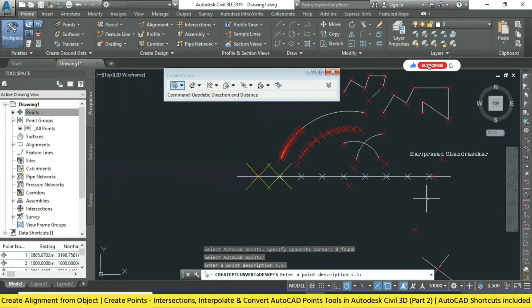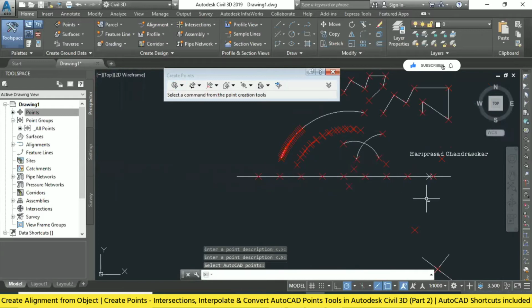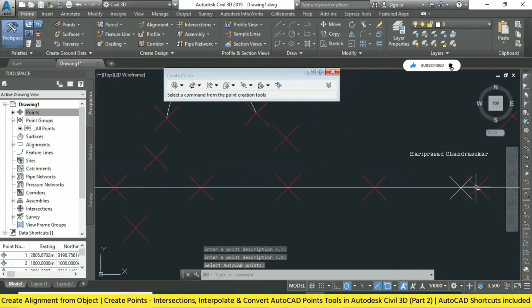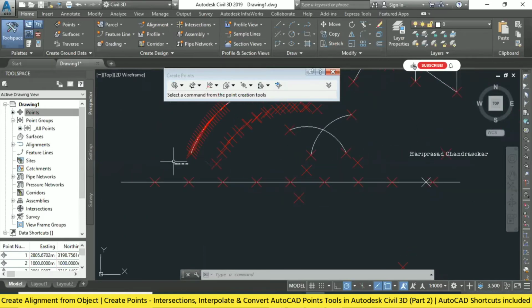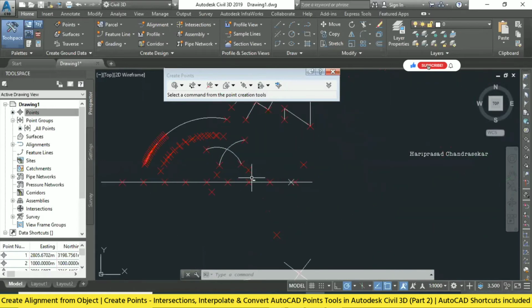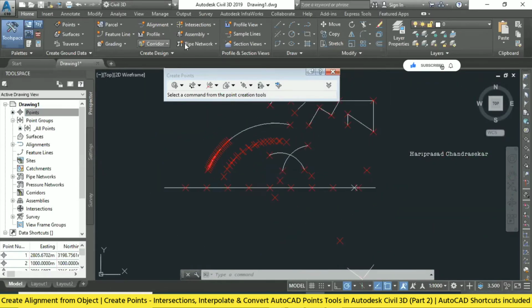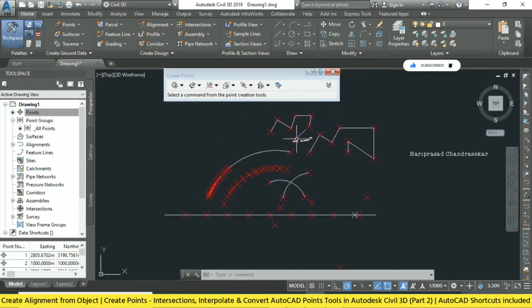It asks for a description; you can enter it and assign the elevation and everything. Only one is still an AutoCAD point now, to show the difference. From AutoCAD points we can convert to Civil 3D points, which is a very easy step. Otherwise, for everything we need some easting, northing, bearing, angle, distance, intersections. For AutoCAD points, no need. You just need the AutoCAD point and you can easily convert it.